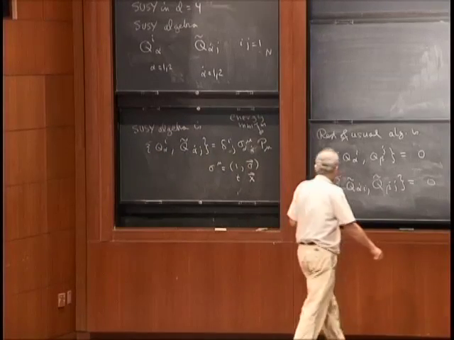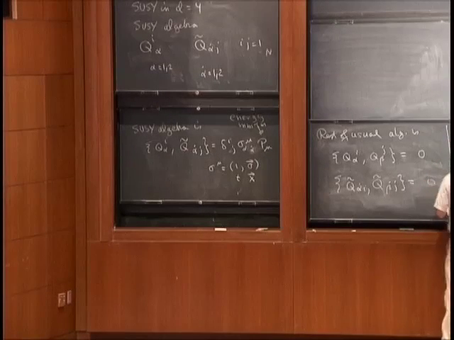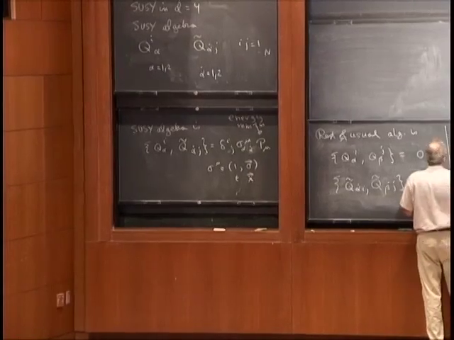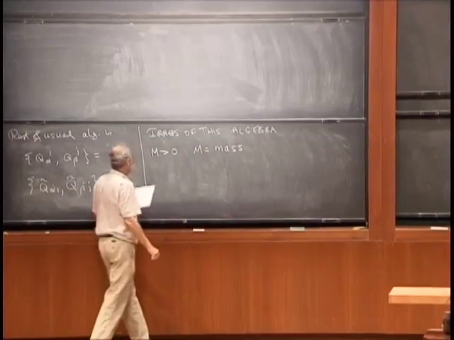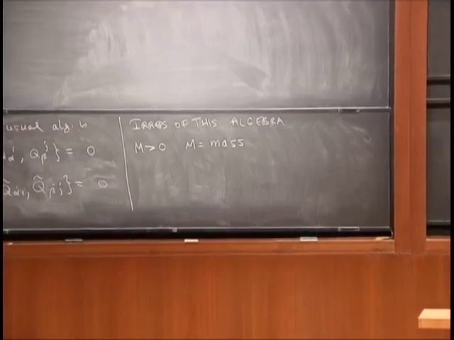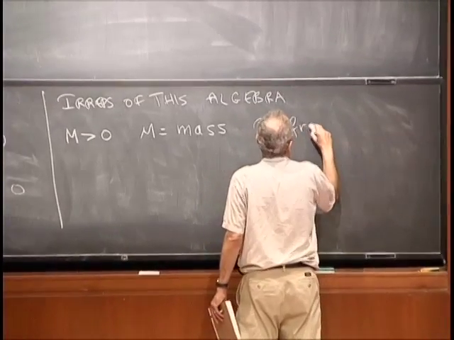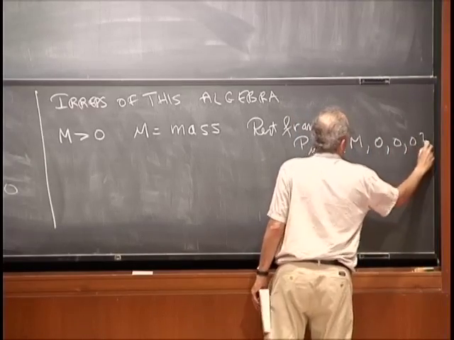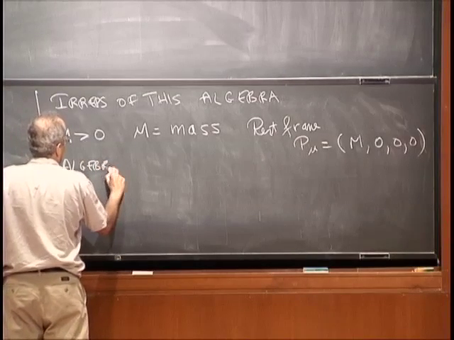Now, the first thing which we want to do is to discuss irreducible representations of this algebra. And first we're going to look at states of positive mass. So when we discuss states of positive mass, of course, we could go to the rest frame, where the energy momentum is in the time direction. And therefore, the algebra is